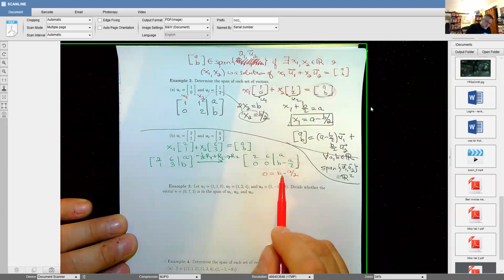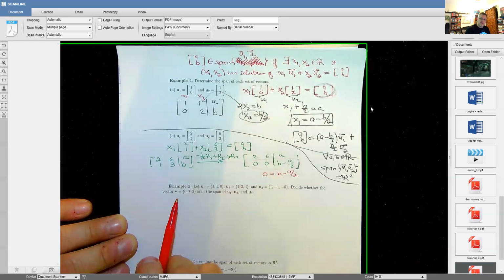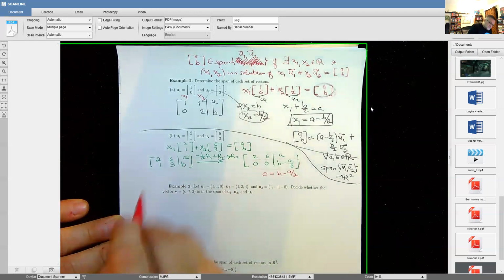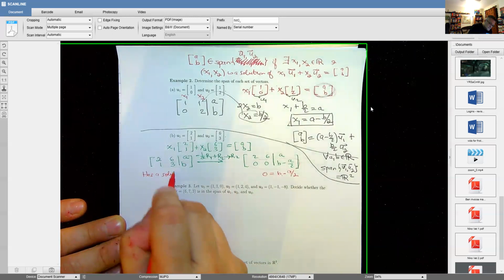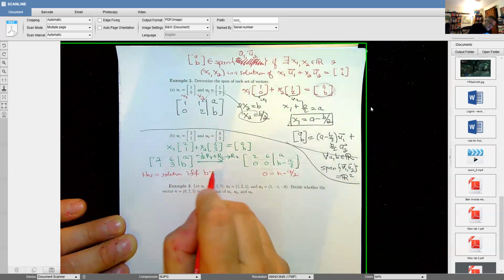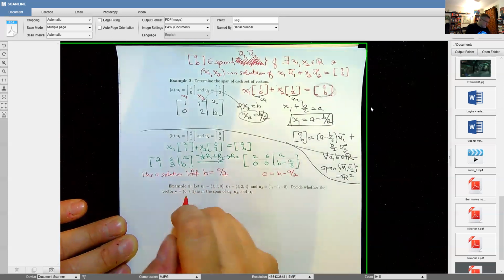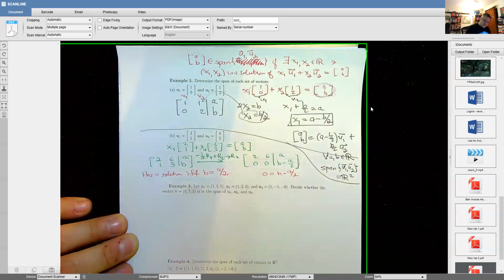If this doesn't hold, so if b is anything but a over 2, then if I plug in an ordered pair with such a b, this system will not have a solution. It'll lead to a false statement. So this has a solution if and only if that holds, namely b is a over 2. And so for such b then,